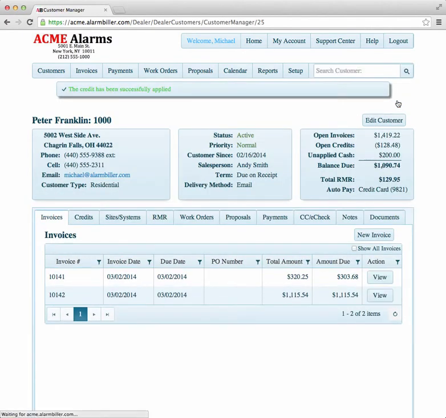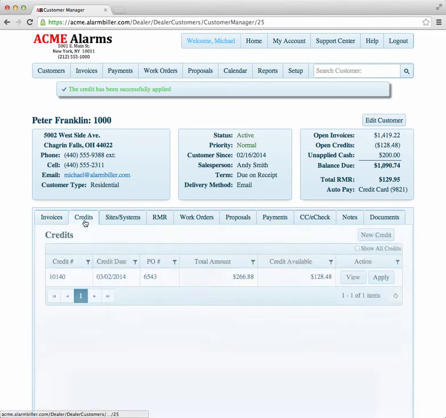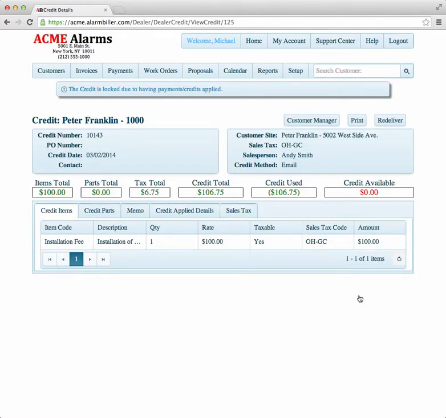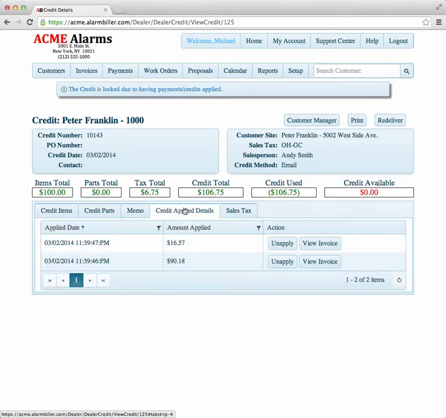If we look back at the customer now, we could see which invoices have been applied and which ones haven't. There's our other remaining credit memo. If we click on Show All Credits, we'll see even the ones that have been fully applied. Now by clicking View, you could go back into that credit. We can't modify it here because it's been applied, but we could go into our credit apply detail, and let's just say we want to unapply that